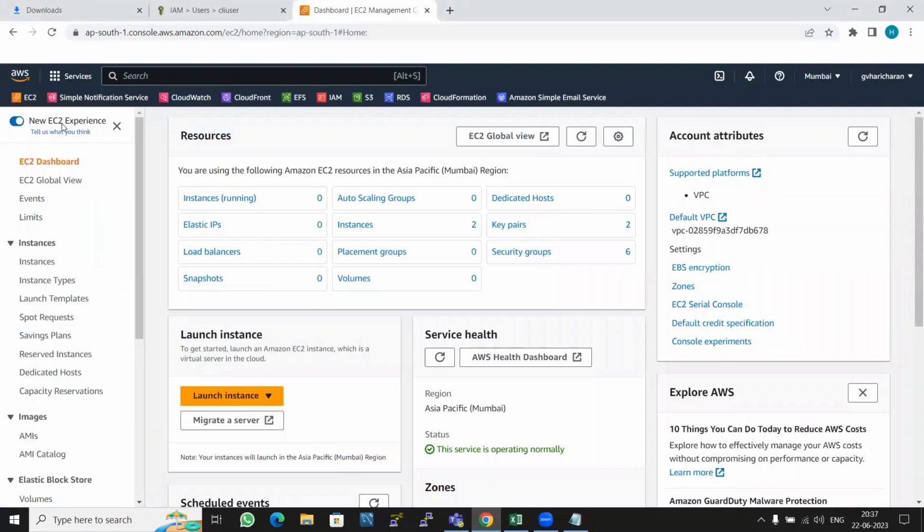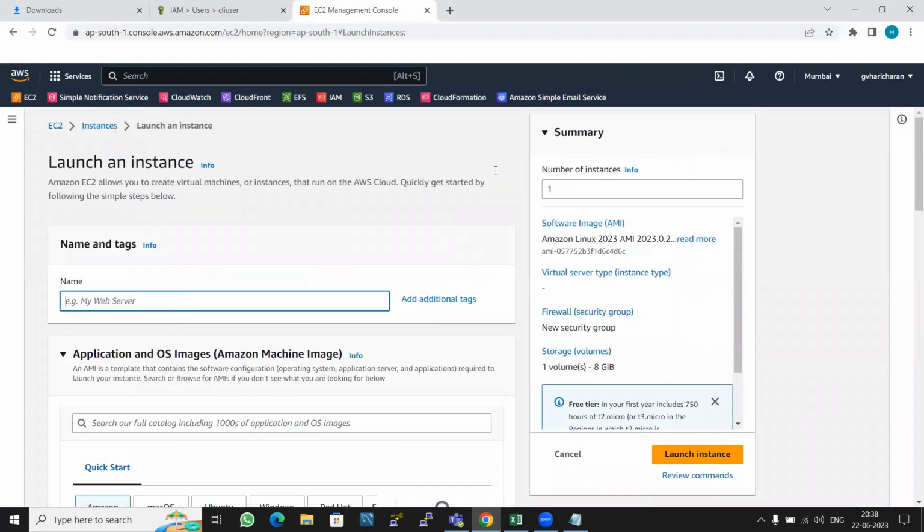Hi friends, in this video we'll see what is Elastic IP in AWS. So let us create an instance straight away. So we'll click on launch instance, and as you can see we are creating only one instance,